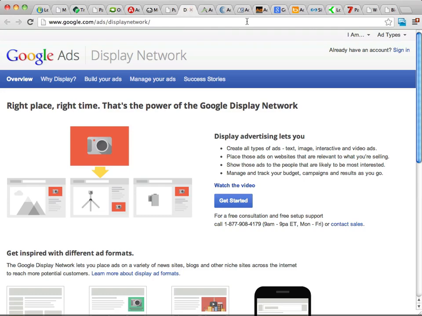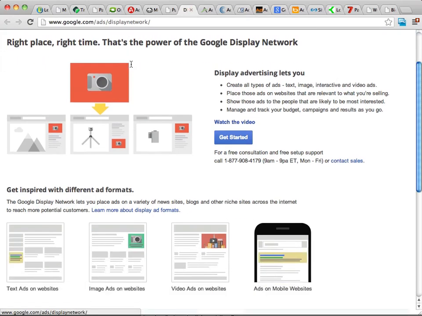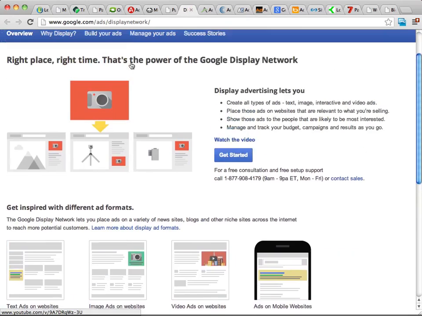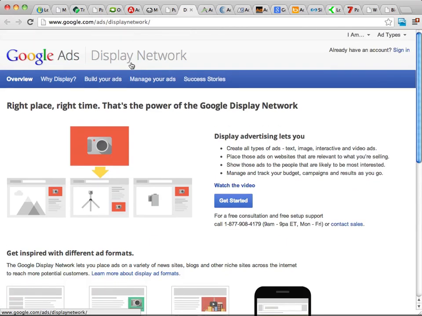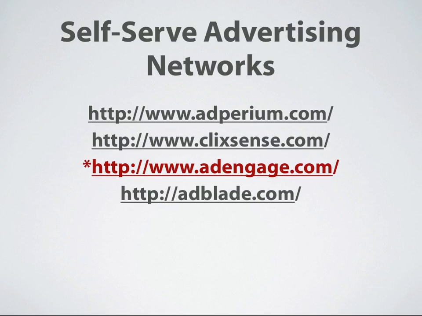And what is nice about Google Display Network is they have a lot of help. They have a lot of tutorials. They do have a little bit stricter rules than some other networks out there, but all in all, Google Display Network is definitely a network worth checking out.